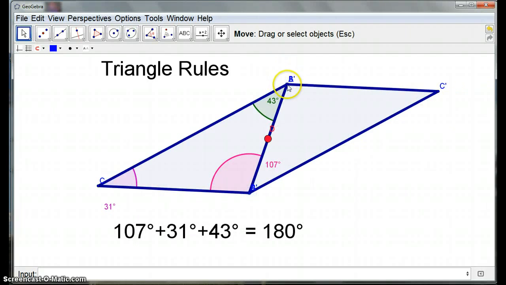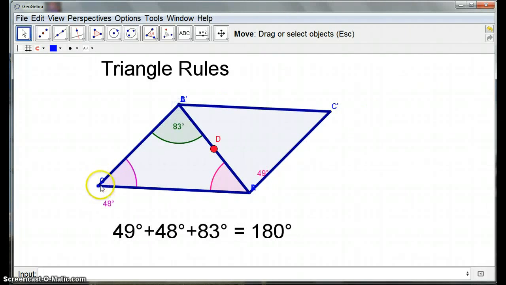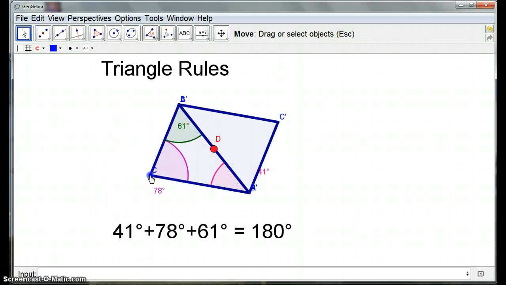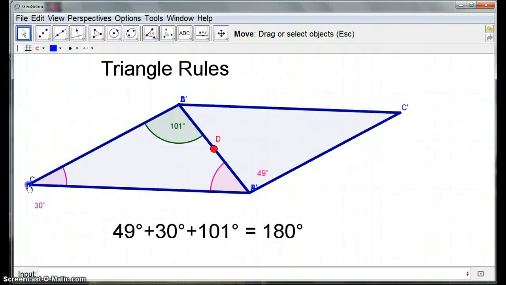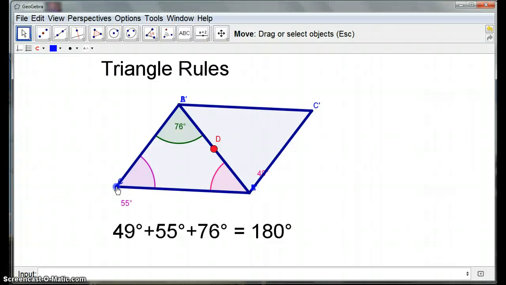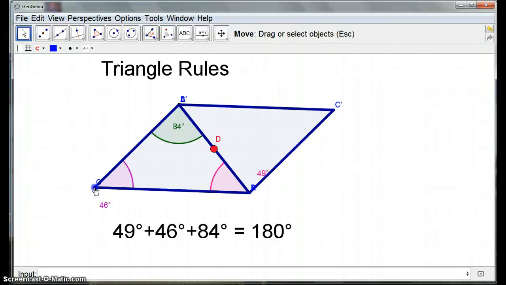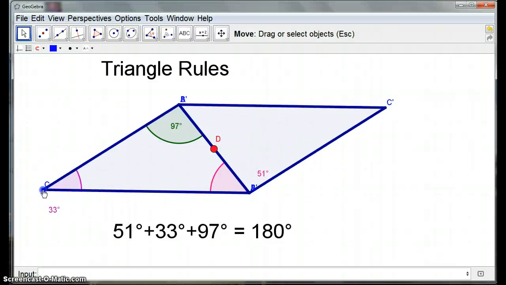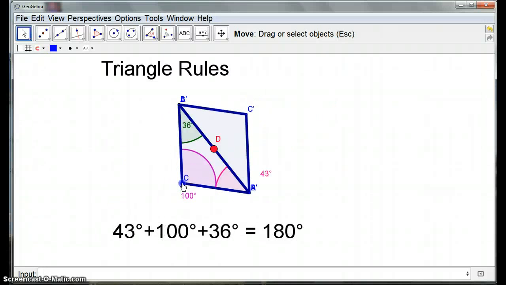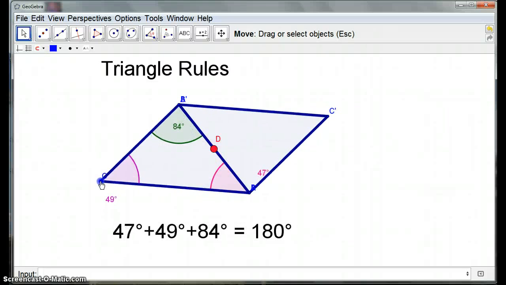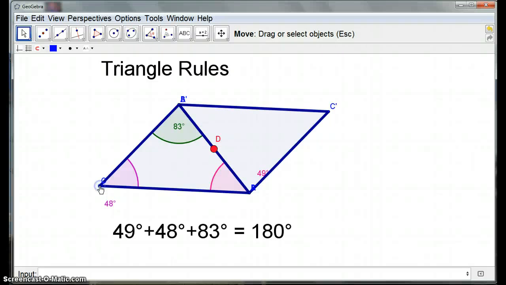Anyone? What shape have I got now? Quadrilateral? Yeah, what sort of a quadrilateral? Someone said it. A parallelogram. Well spotted. That is actually a parallelogram. Okay? Very cool. Okay, now I'm going